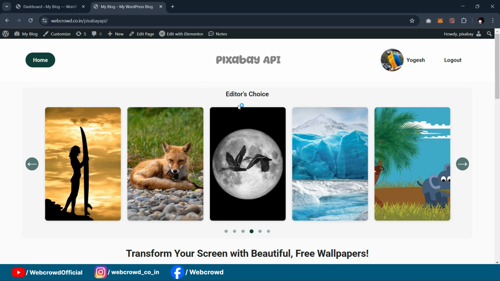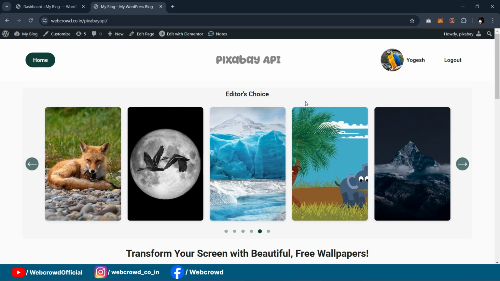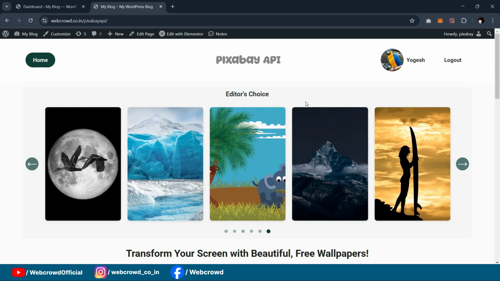Yes, we are going to create the image downloading website using the Pixabay APIs. Now you will be wondering how it is possible using the WordPress CMS. Yes, it's possible because WordPress itself provides various ways to fetch external APIs, like REST APIs and so on. The method which I have used here is the plugin method, where I have customized and developed the plugin, making the functionalities work on the Pixabay API,